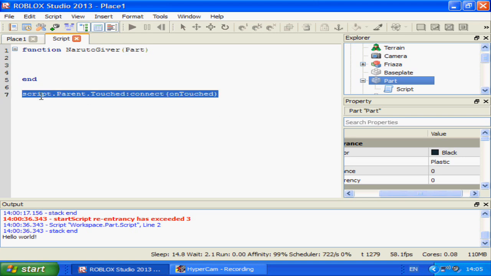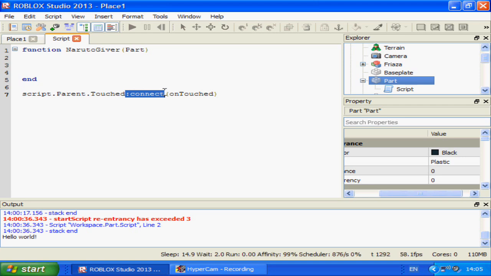And here, script.parent.touched. This bit here is what is touched. We could do game.workspace.baseplate.touched. It would do the same thing with the baseplate. And then we have connect, which connects the function to